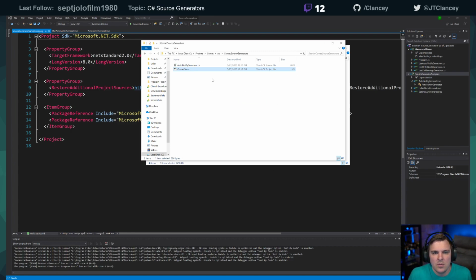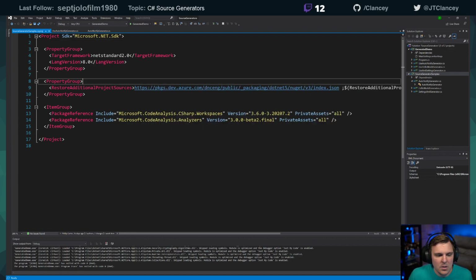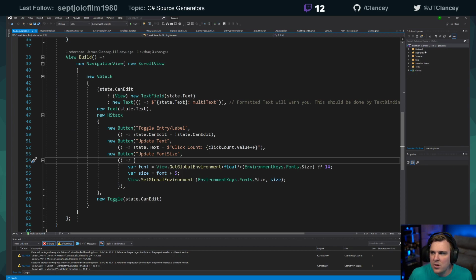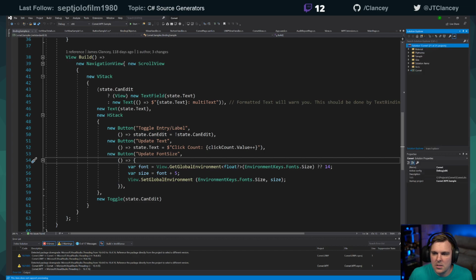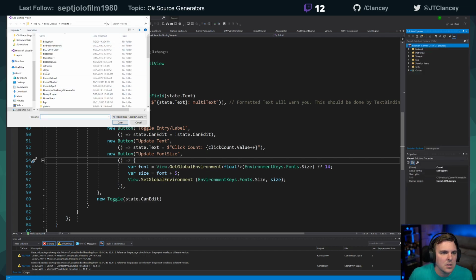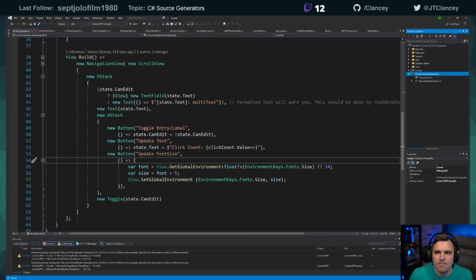Oh, wasn't ready to open yet. I'm still typing. Source generators, because that will then add the auto includes for us, and we don't have to think about it. So now in our proper repo, we'll say add the existing project and comment source. Done. Yay. All right, we're going to need to,